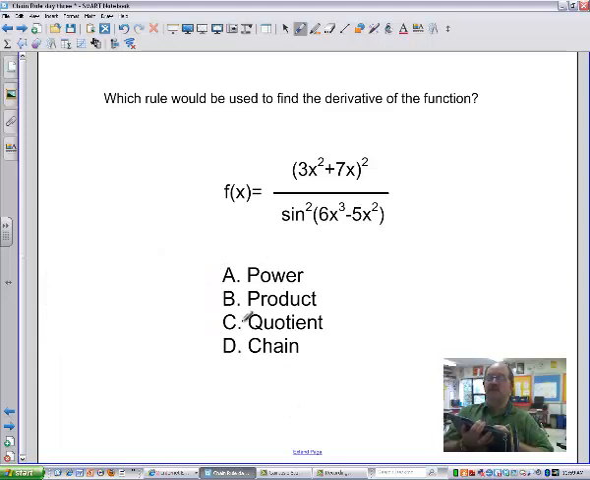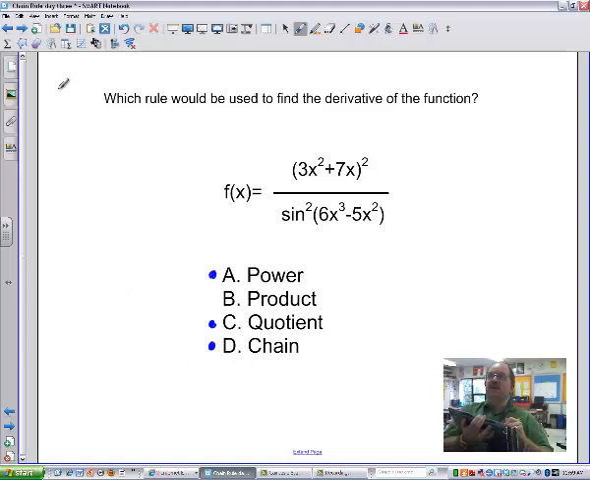Alright, so it's a quotient. There's no way to simplify that, so we're definitely going to use the quotient rule. It's got exponents in it, so we're definitely going to use the power rule. And because we're doing all this stuff here, we're definitely going to use the chain rule as well. Okay, so